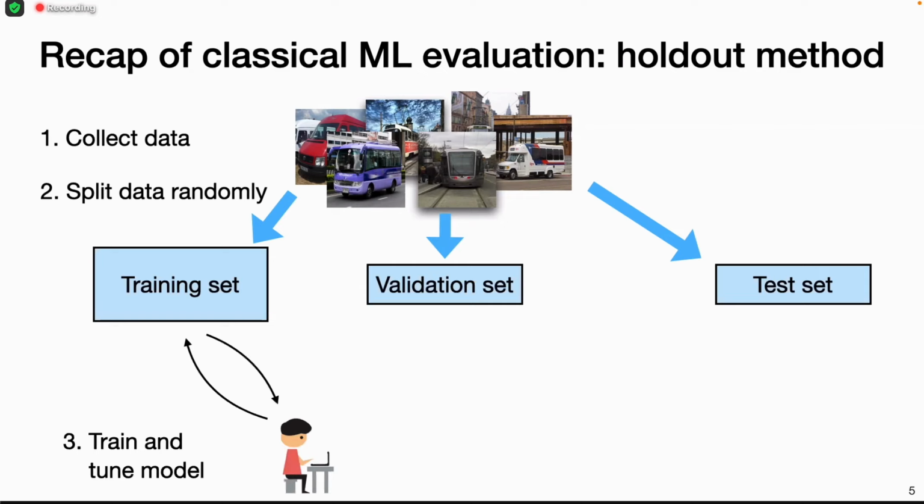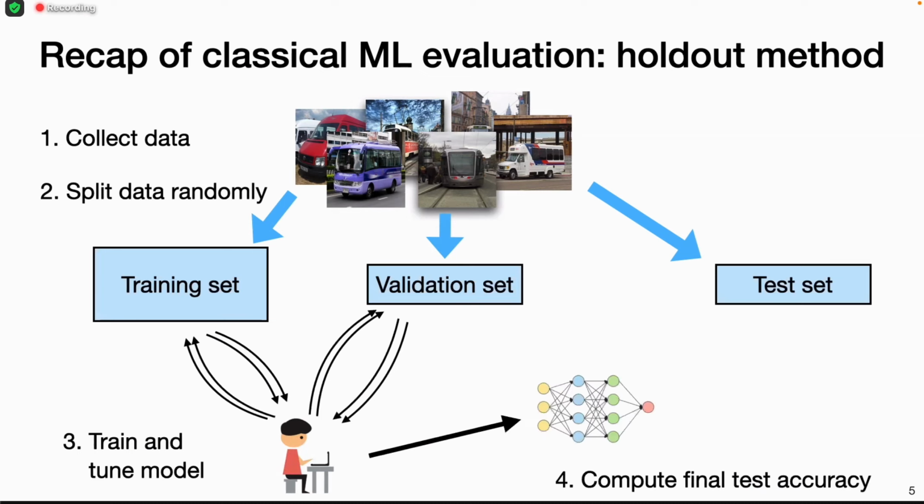And then we do what we like doing in machine learning. We train models, tune the hyperparameters, and iterate many, many times, try out many different ideas, evaluate them on the validation set. And then the day before the CVPR deadline, we have our final model, and then at the very end, we take out our test set. At least that's the ideal story, right? Only once at the very end, we take out our test set, then we evaluate our final model on the test set, and we get some final accuracy out, like 83%.